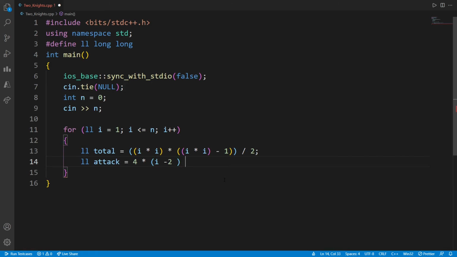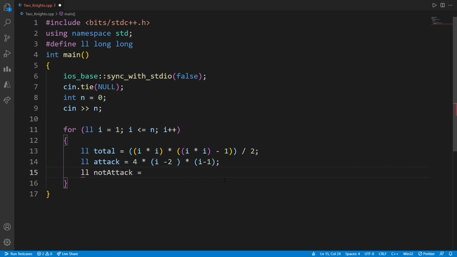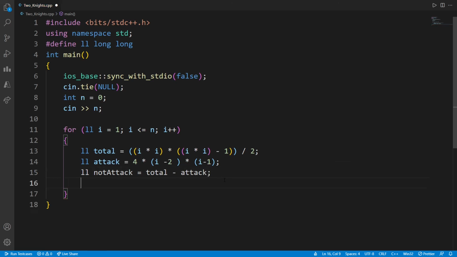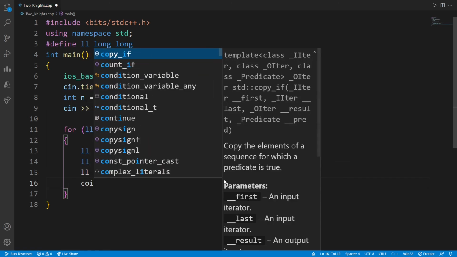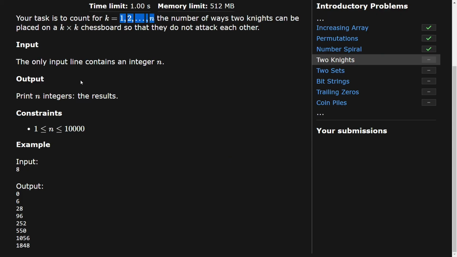Formula was I minus 2 into I minus 1, and then we need to just subtract to get not attack. Not attack will be total minus attack, and we will display the result. And we'll give a new line.